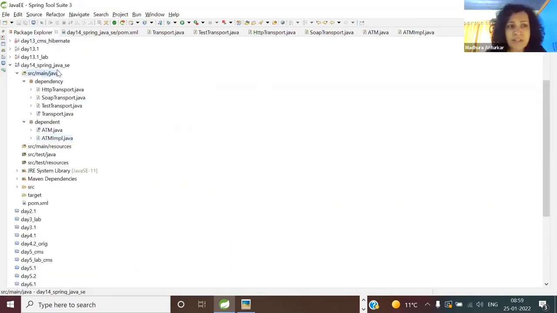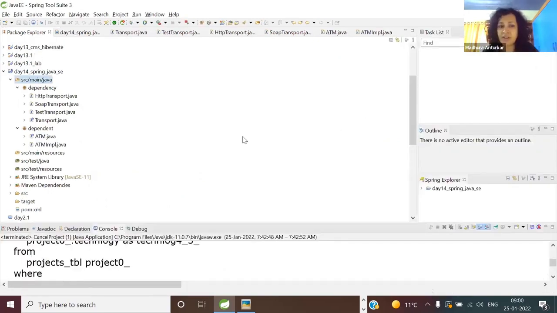So go to src main Java. Oh, by the way, change this thing. If you are in the web perspective, Java EE perspective, you can change the perspective to Java, so that all the shortcuts will start coming together to this. And here,